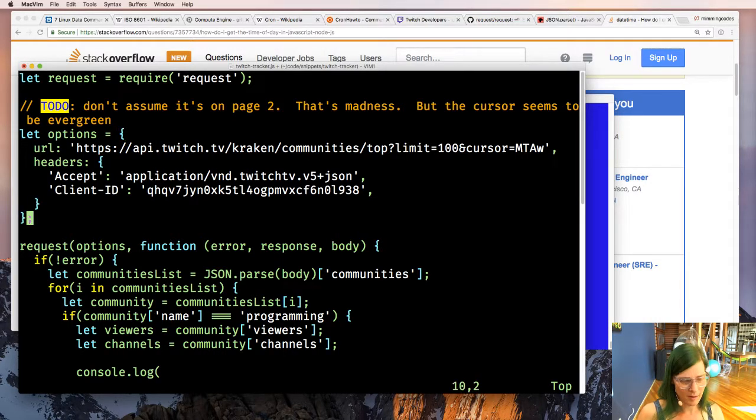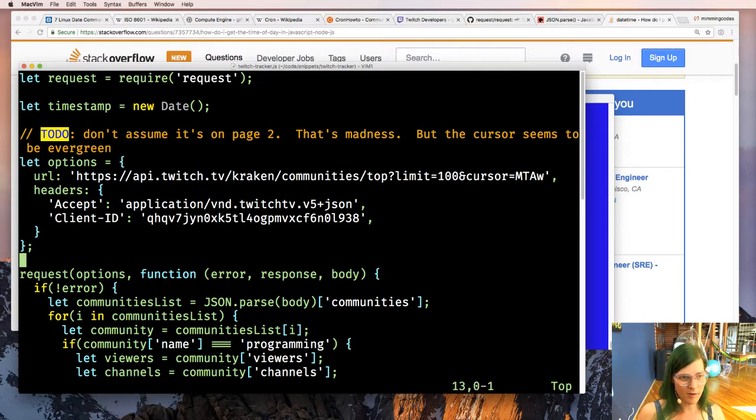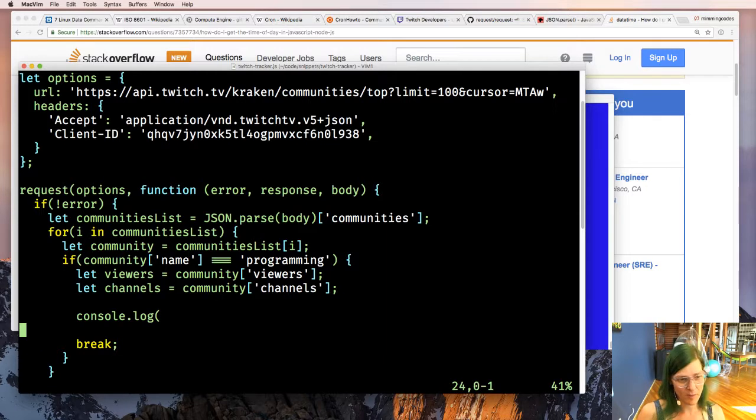Where would I do it? Let's call it timestamp, which defaults to the current time, and it knows how to print it out in a beautiful ISO format.